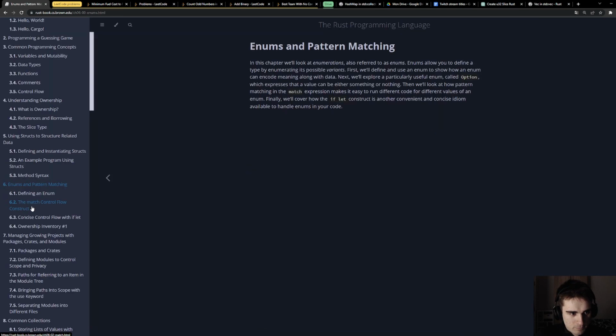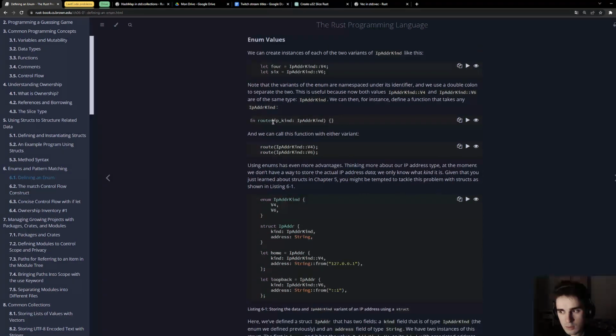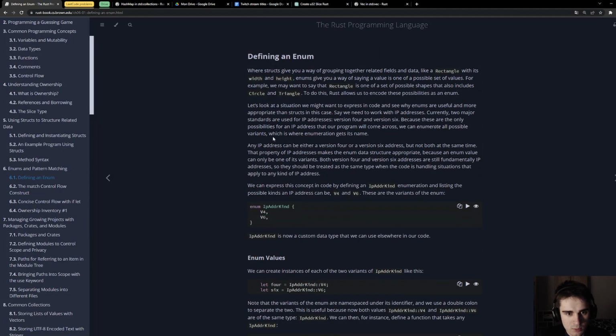So, yeah, I don't think I will try to solve some LeetCode problems today. I will just focus on learning Rust syntax because that's what is important, and so yeah, we are going to do this. We completed the struct chapter last week, and we are now starting the enums and pattern matching one.